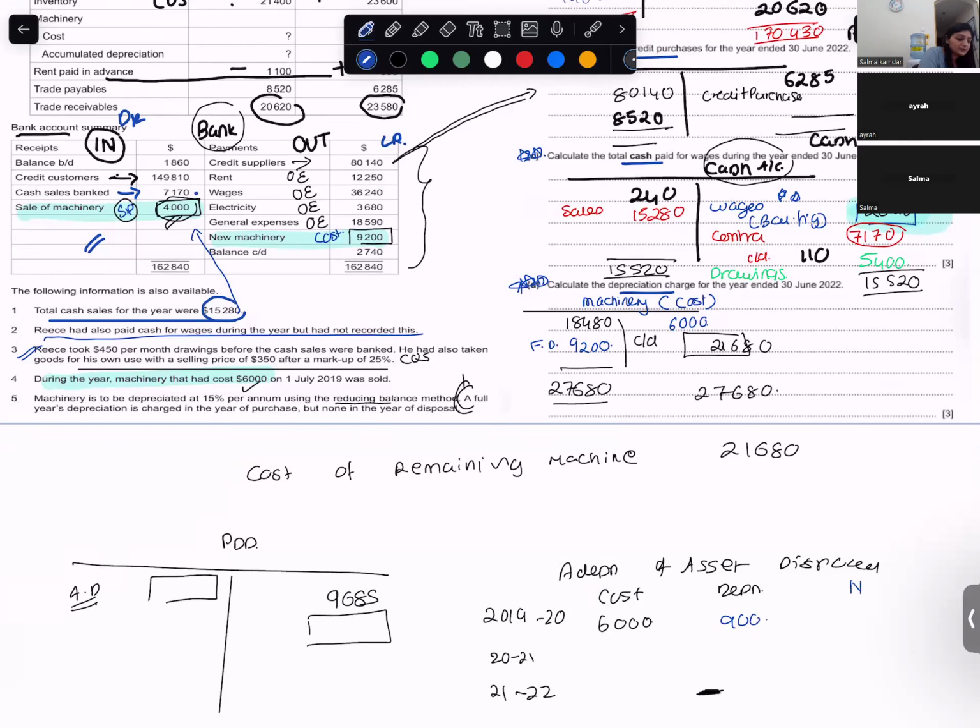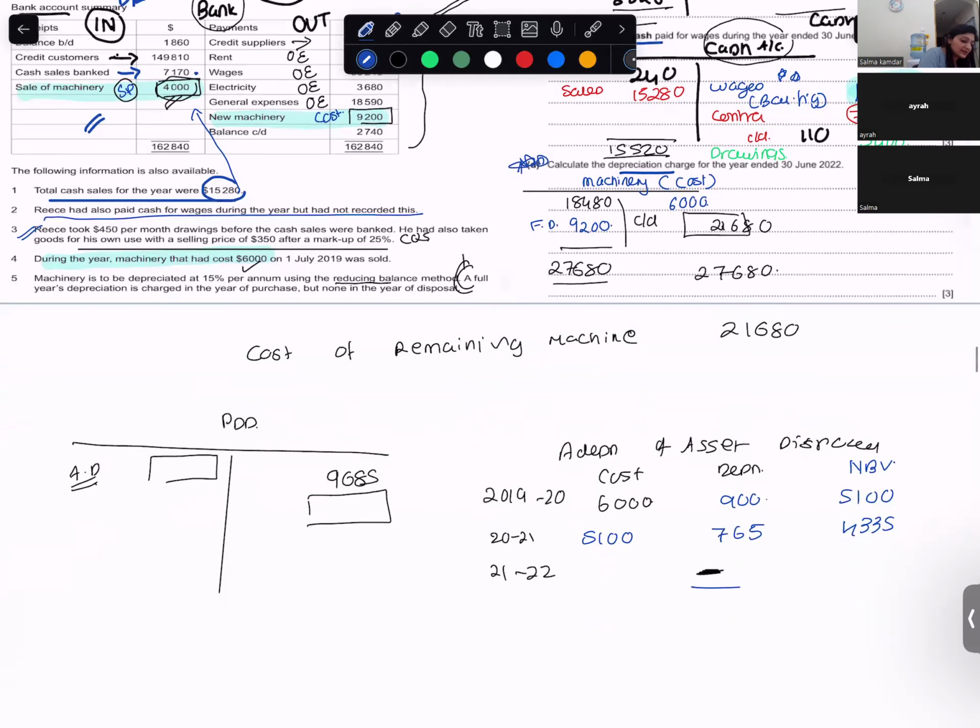Net book value, 5,100. Depreciation, 765. Net book value, 4,335. So what is the accumulated depreciation of the asset disposed? 1,665. So in your provision for depreciation account, opening balance over here,